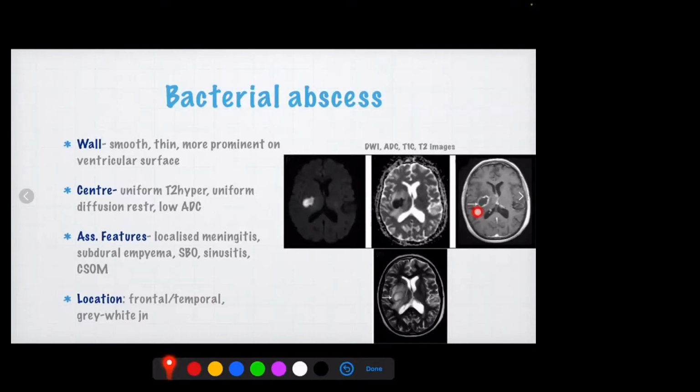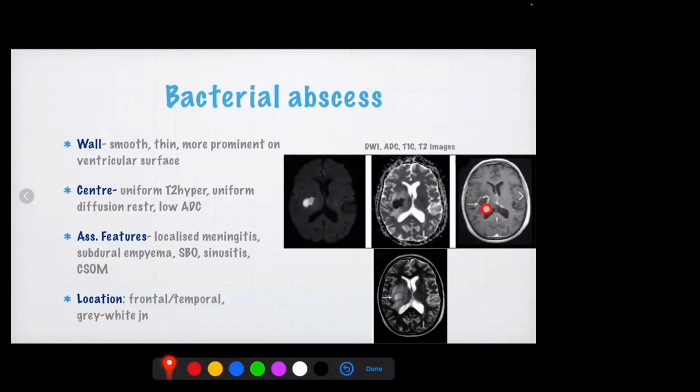We are comparing right now with malignancy, fungal, and TB abscesses, so relatively a thinner wall, which is typically more prominent on the ventricular surface compared to the cortical surface, because of general increase in vascularity on the ventricular side, right? So it is thicker on the medial side, and always thinner on the lateral side,